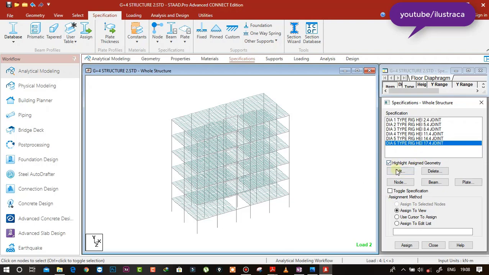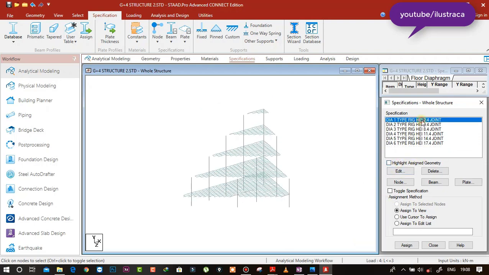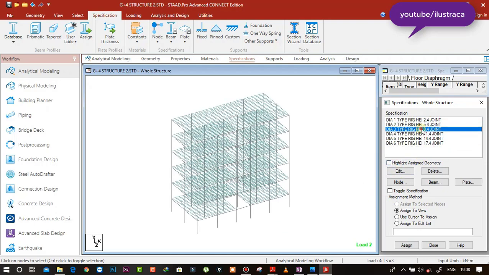So it is defined for all the floors at 2.4, 5.4, 8.4, 11.4, 14.4, and diaphragm 6.